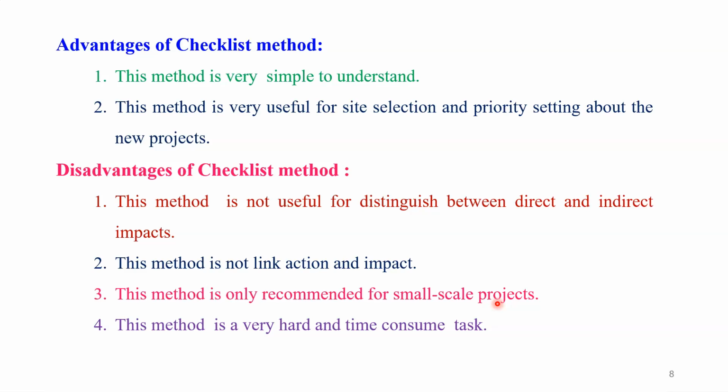It is very hard. When we are making the checklist, each and every activity and each and every factor of the impacted environment should be included, and for that purpose we have to finalize it. We first make a rough list, then we give the final touch to it. That takes too much time, and it requires really hard work, because we have to revise again and again, make a draft, check the draft again, and do cross checking. And when we write the final report on the basis of the checklist method, that also takes a lot of time. So therefore this method is very hard and time consuming.